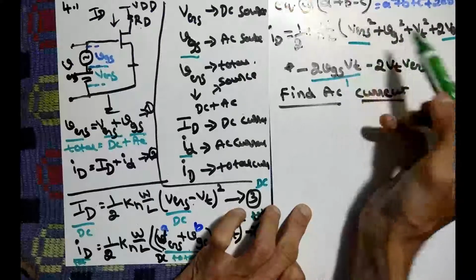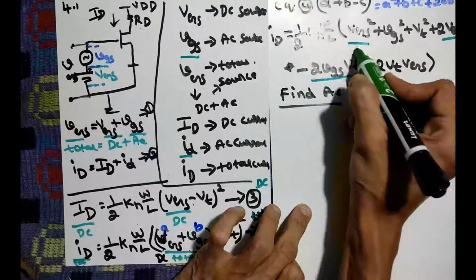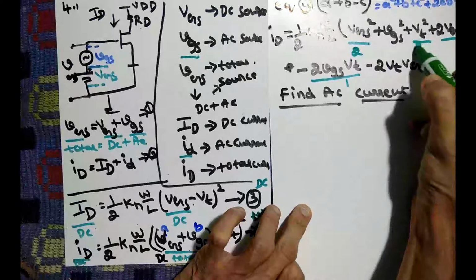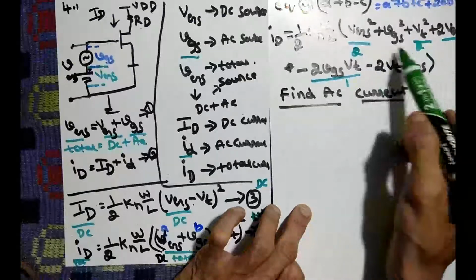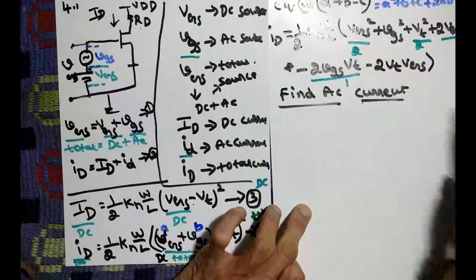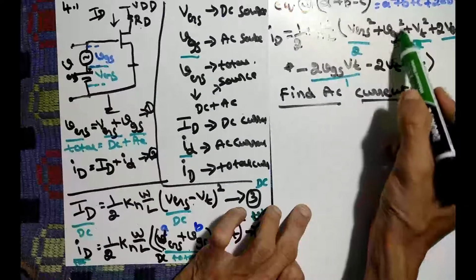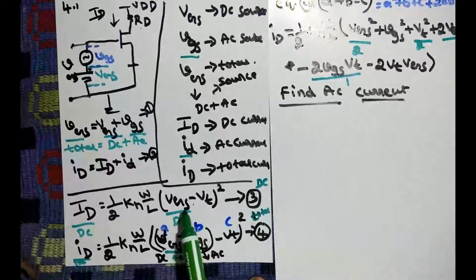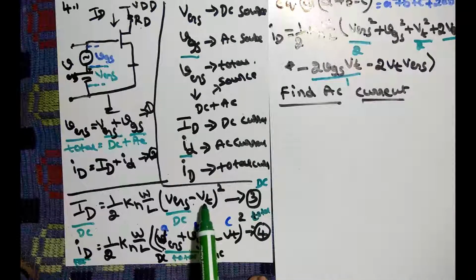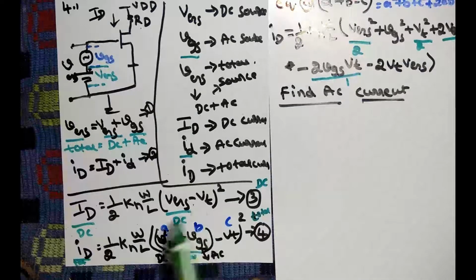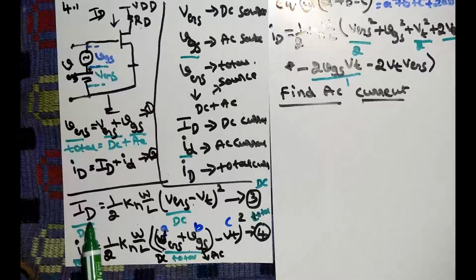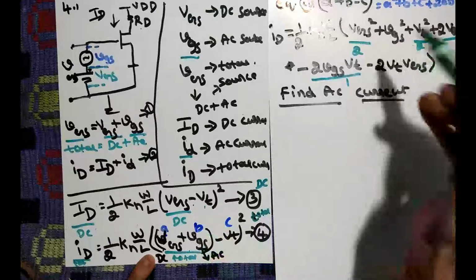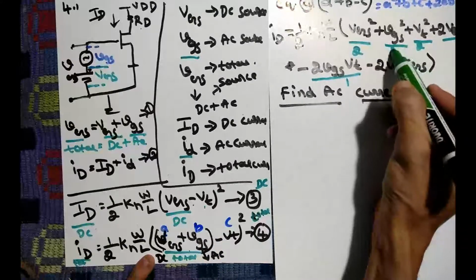Here small VGS is not there, it is pure DC. So I have called it 2, and VT is present anyway, but not required. Again these two we are calling V2. One more part we have, that is small VGS square. Usually when you see our formula, it is not only VGS, VT also has to be considered, because when you are doing it for the ID current, the VT should be there. So we cannot take only VGS square, so we can ignore this one also.